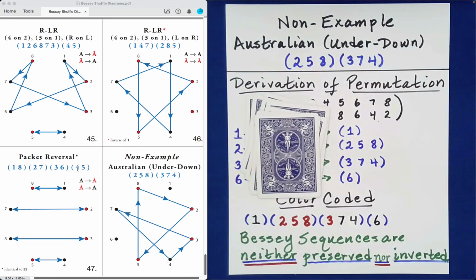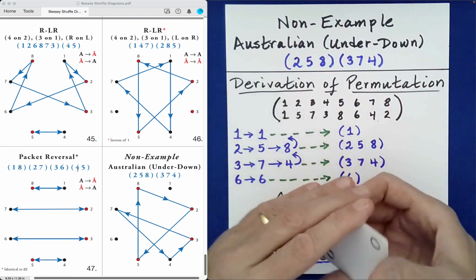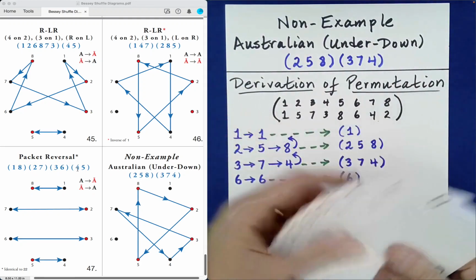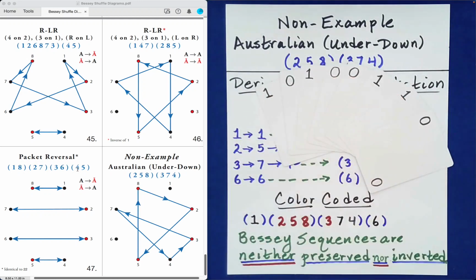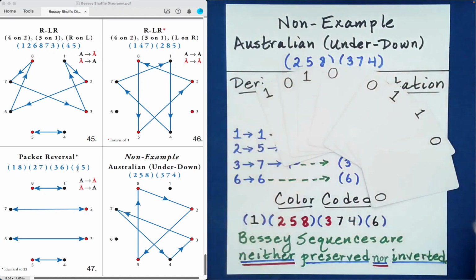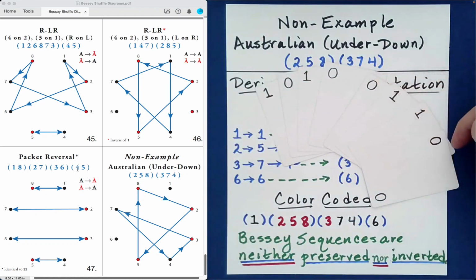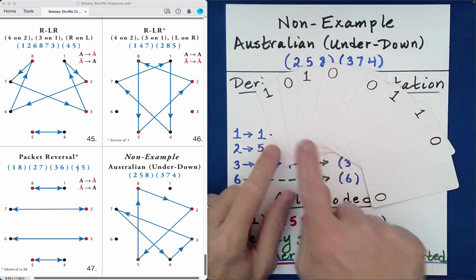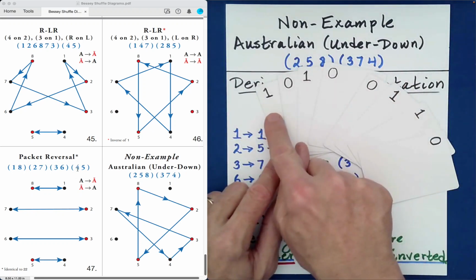Okay, what is the new sequence structure of our packet? Well, let's take a look. Oh, we haven't seen this before. Why is that? Because it's not a Bessey sequence. This part right here is fine. You know, this could be part of one right here. So 0 1 1 0, that's fine. And then we would need to have, for this to complete a Bessey sequence, we would need to have a